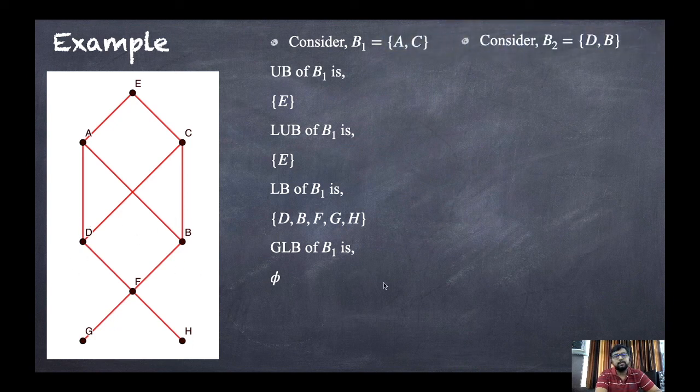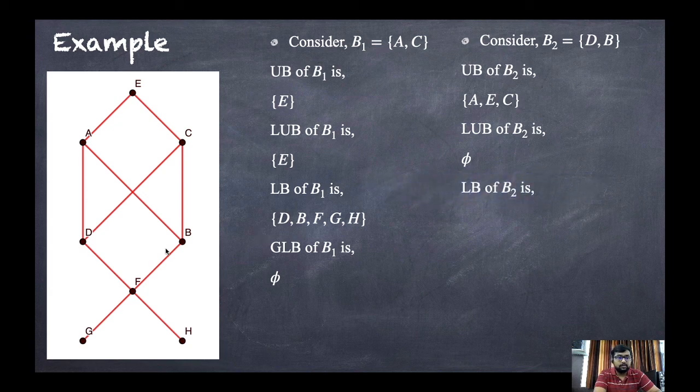That means here D and B. Now, what will be the upper points first? They will be A, C, and E. It is very clear. So A, C, and E. Now, what is the lowest one, that means the least upper bound? So here the case is the same. What is the lowest one among A, C, and E? Because A and C both are in the same position and not related, it will be phi. So the least upper bound is phi. Hence, in upper bound there are 3 points, still the least one is phi. So this one is important.